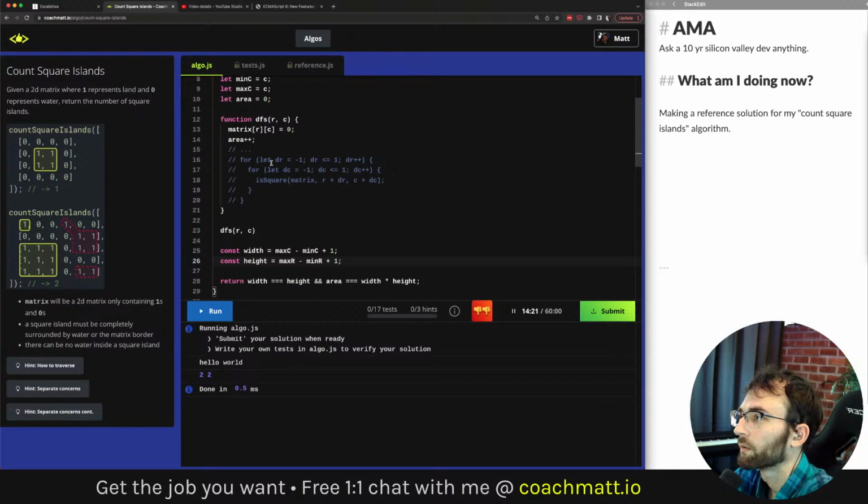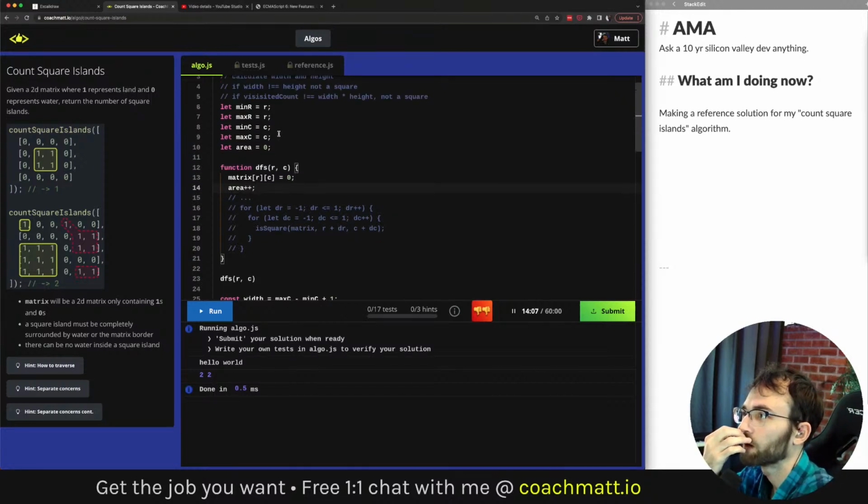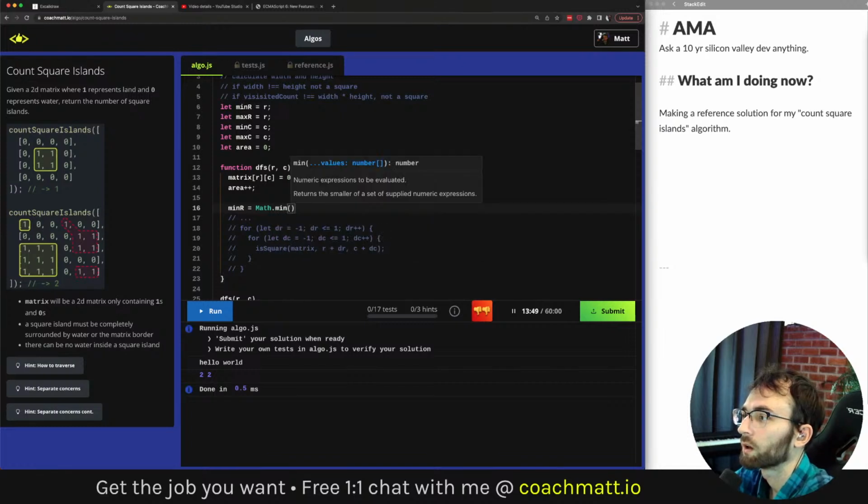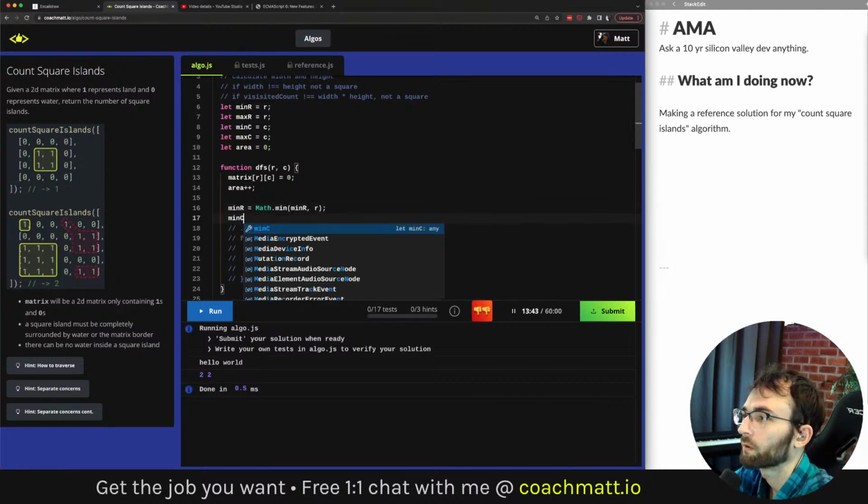Okay. So now essentially what we need to do is, in our DFS, this depth first search, we need to traverse all of the other nodes and update our minimum and maximum rows as we go, as well as the area, but the area is already taken care of here. Let's update our minimum. Minimum row equals Math.min of min row, minimum column.